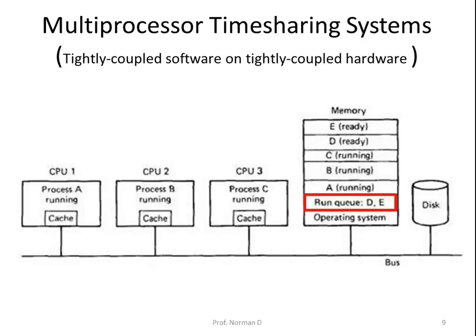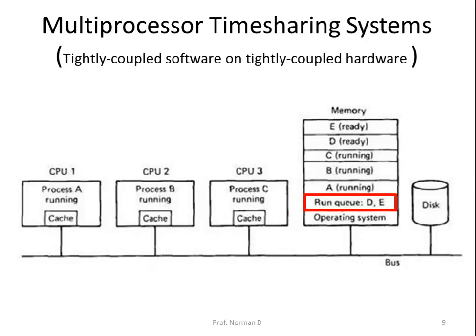It is essential that the scheduler be run in a critical region to prevent 2 CPUs from choosing the same process to run next. The necessary mutual exclusion can be achieved by using monitors or semaphores, or any other standard construction. Now once CPU 2 has gained exclusive access to the run queue, it will remove the first entry, that is D, and then exit from the critical region and begin executing D.